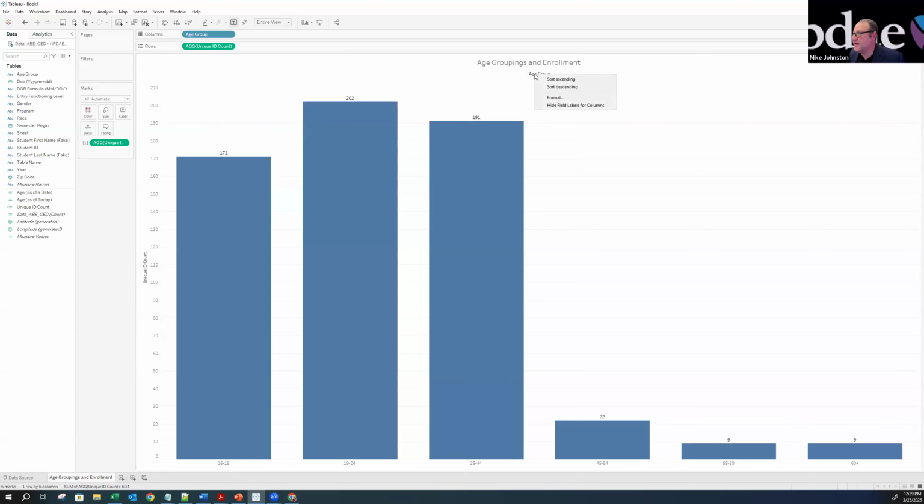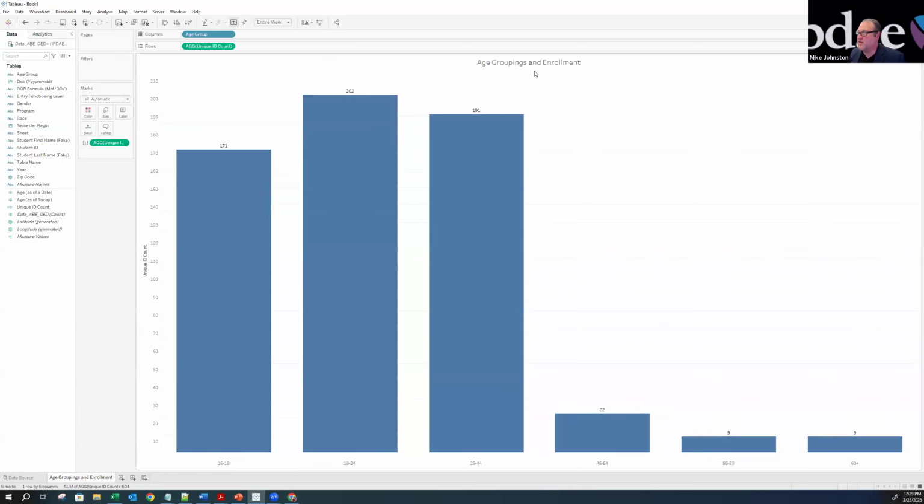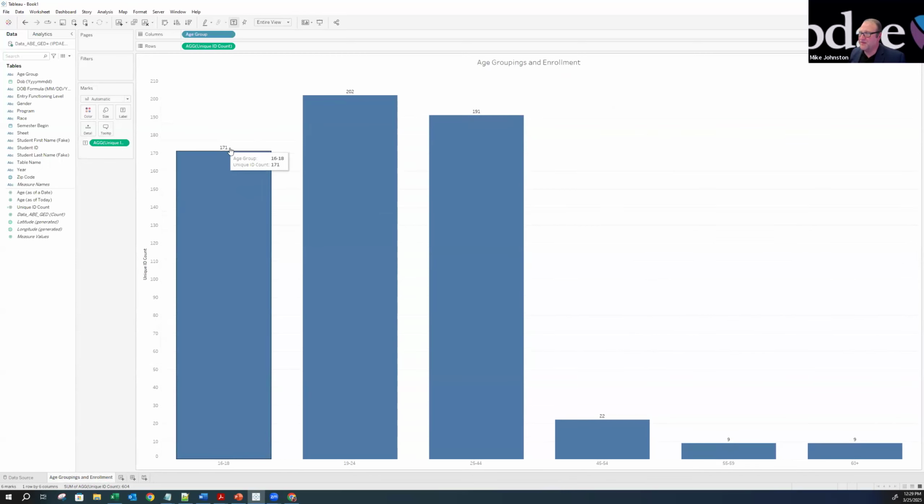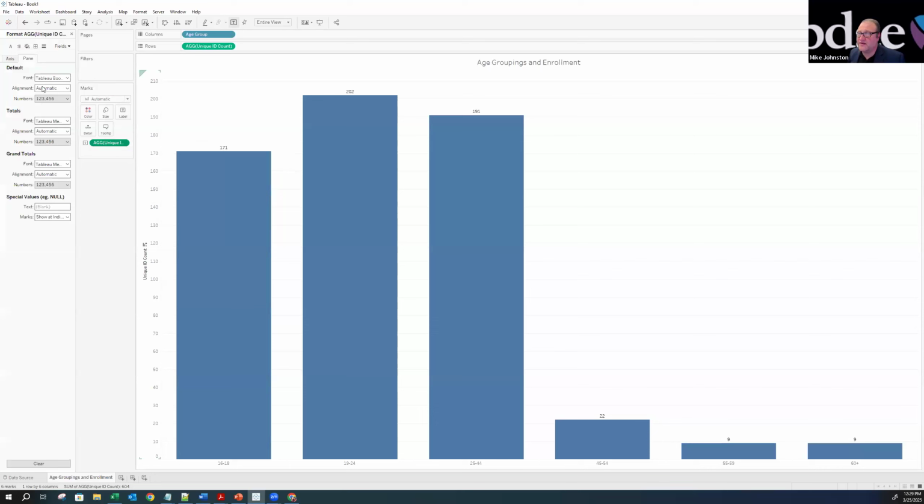I'm going to right click, and I'm going to hide this field column. I don't need this there. But I also see that I want these numbers a little bit bigger. Again, I'm not coding anything. I'm not going to code anything in this situation. I'm going to right click here. I'm going to go to format, and I want to increase the font. So I'm going to click on my font, and I increase that to a 12 font. And I feel pretty good about creating this. I can see what my values of enrollment are.